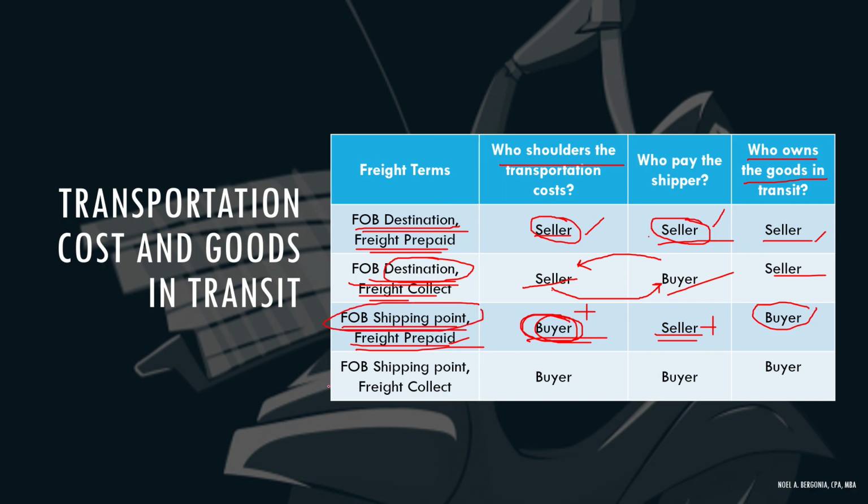Okay? And lastly, FOB shipping point, no? Freight collect, sino po yung dapat na magbayad ng freight dahil ito po ay shipping point then the person who should shoulder the freight is the buyer and then dahil freight collect, sino ba yung nag-abono, nagbayad? Si buyer din naman. So, walang magaganap na singilan. Okay? So, okay lang tayo dyan sa FOB shipping point, freight collect, and who owns the goods in transit? Of course, the buyer since it is FOB shipping point. So, I hope na nakuha po ninyo ha yung mga certain aspects po nito. Okay?